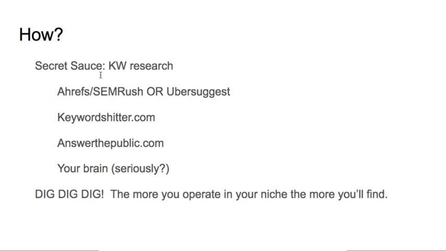Dig, dig, dig. I have spent hours. I have spent days in Ahrefs. Get familiar with the tools. I still don't know it all. That thing, there is so much in there that you can potentially do. It's ridiculous. Even if the reported search volumes it gives per month are not all that accurate, I suspect they're reasonably accurate. They're not 100% accurate. They don't tell you that they're 100% accurate. But anyways, just the ideas you get from different angles and filters and approaches and competition analysis and trying different seed keywords and on and on and on.